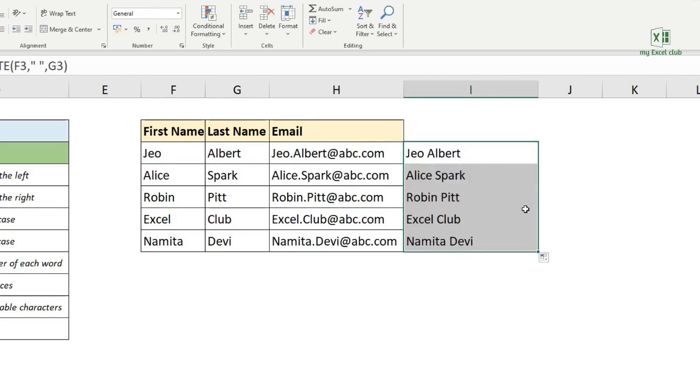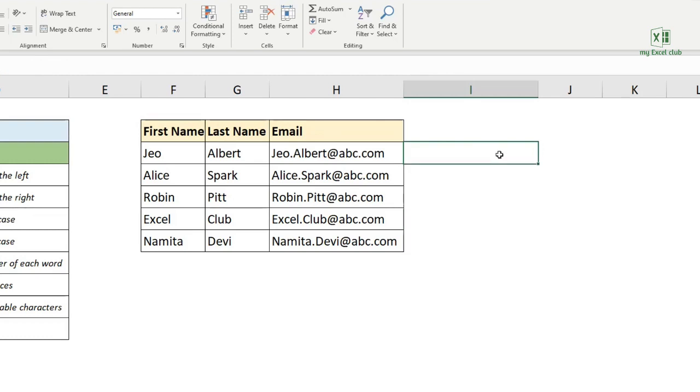Now instead of concatenate, there is one more method by which you can join two or more texts, and which is using ampersand. For example, if you don't want to use any Excel formula, you can go by equal to this first name ampersand this last name and press enter. It will join these two texts together. You also want to join a space between both of them. So instead of this, you can write here a space in double quotes like we did in concatenate formula, and then press enter. Drag this formula down and it will work for all.